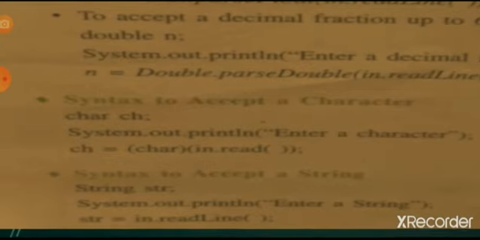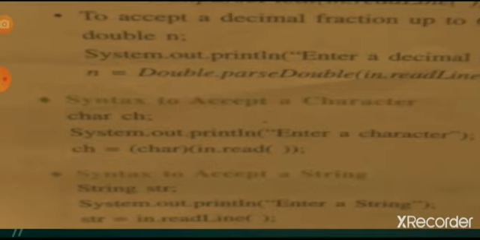You already know whatever you input through the keyboard is of string type, so there is no need for conversion; we directly read it. So we simply write the object name in, in.readLine, just read it, and whatever data comes will be stored in the variable str here. Is it clear? Now come to the program.